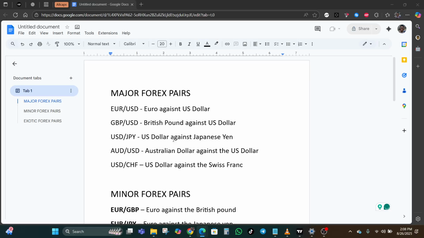As you gain more experience, you can expand into minors and eventually experiment with exotic pairs if they suit your strategy. And that is the full breakdown of the best Forex pairs to trade. We covered major pairs, minor pairs, and exotic pairs, along with why each group matters. With this knowledge, you can choose pairs that match your trading style and practice analyzing them on your MT4